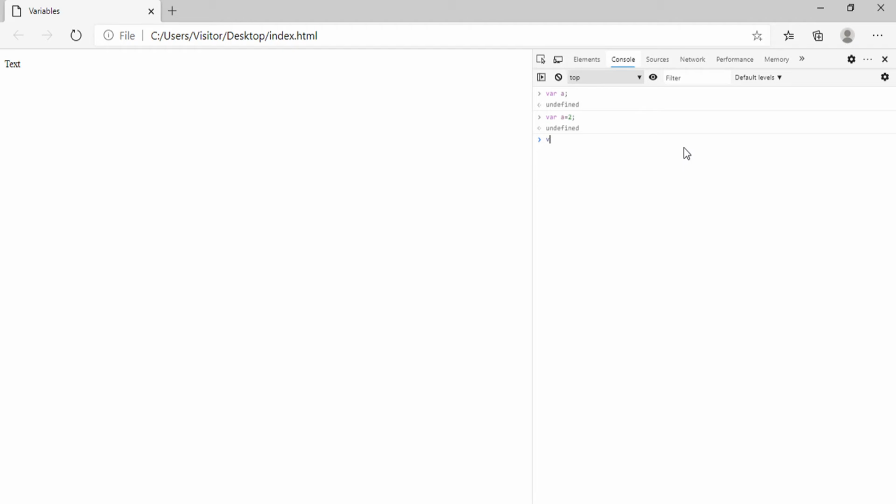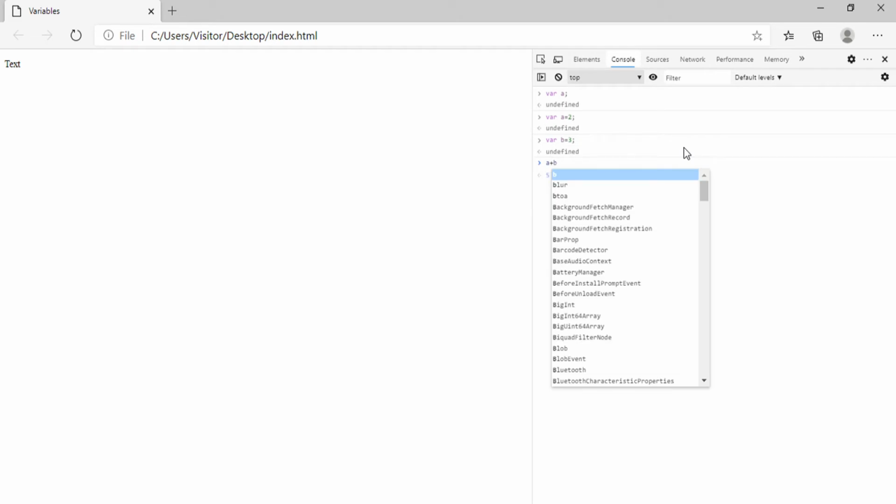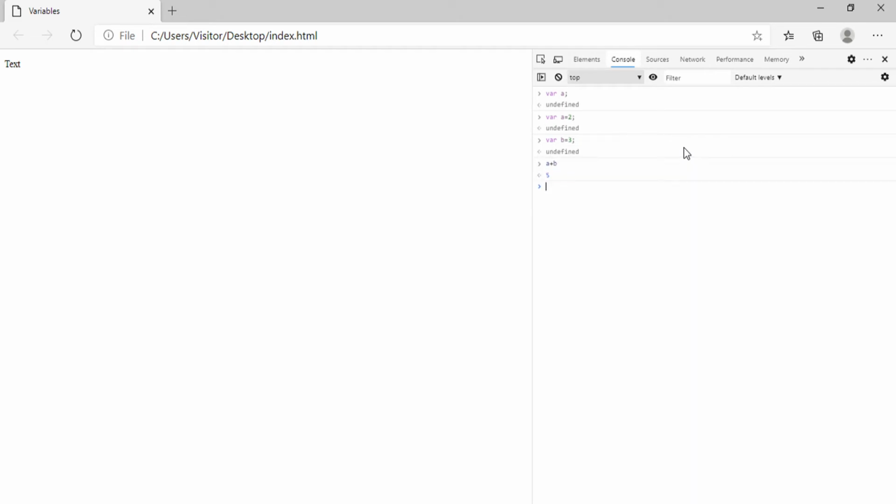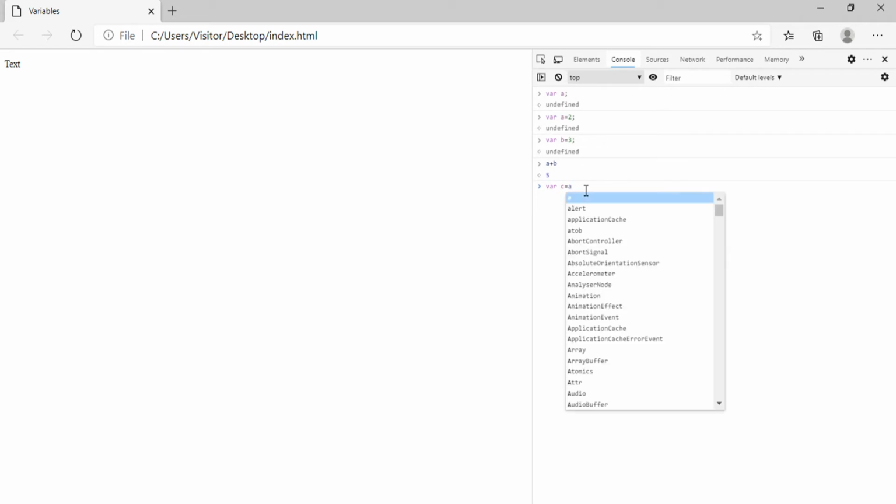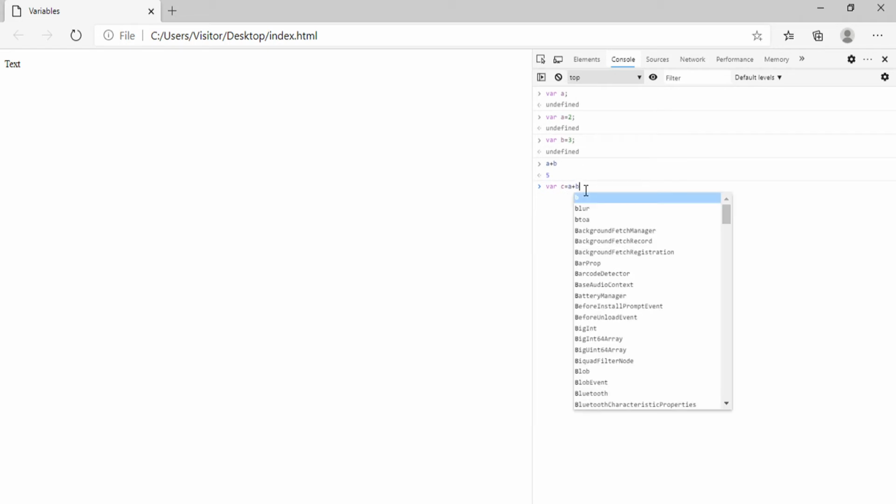But if I create a new variable with b is equal to 3, and I want to add e plus b, the output is 5, because 2 and 3 is 5. And if I create a new variable with c is equal to e plus b,